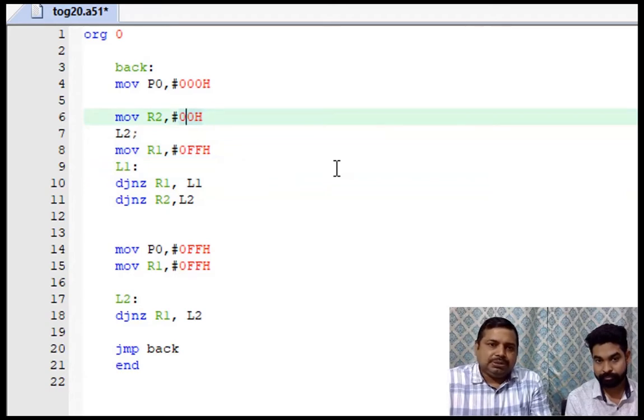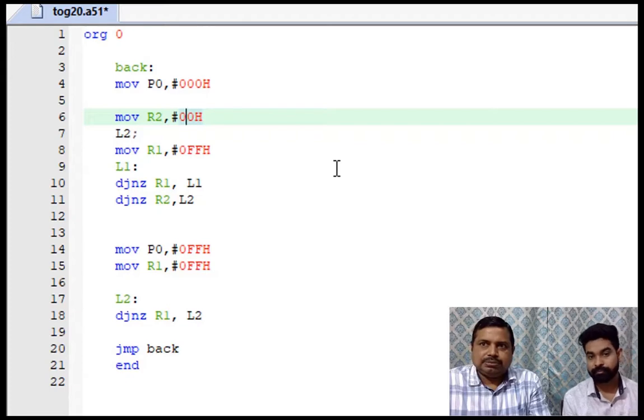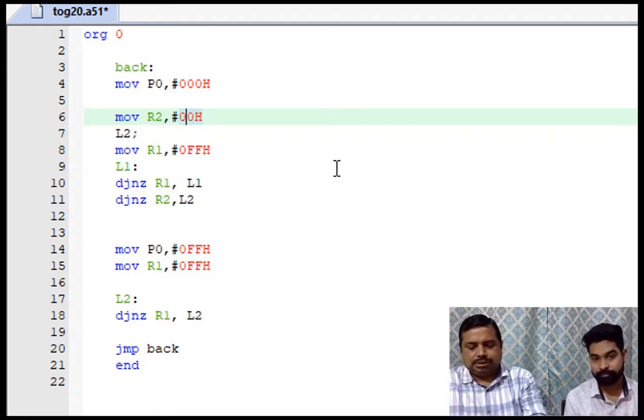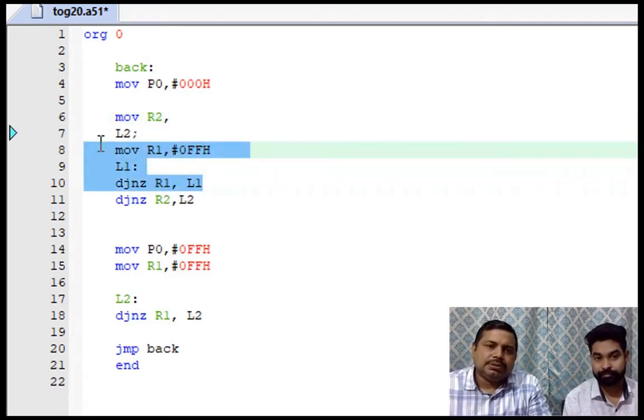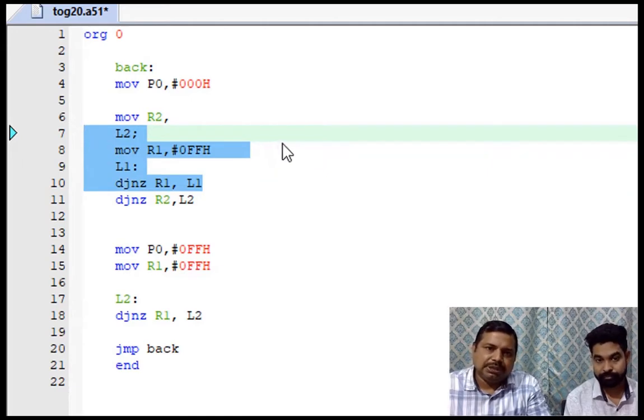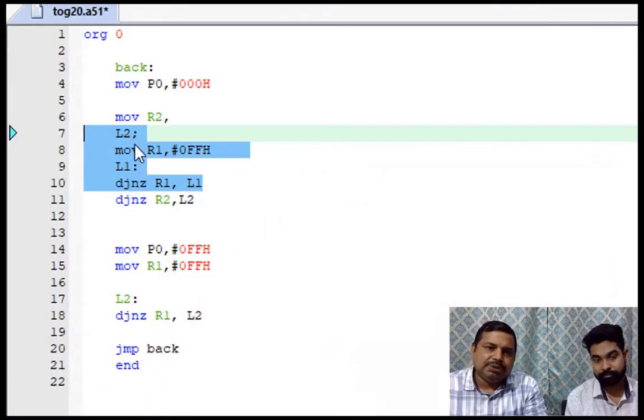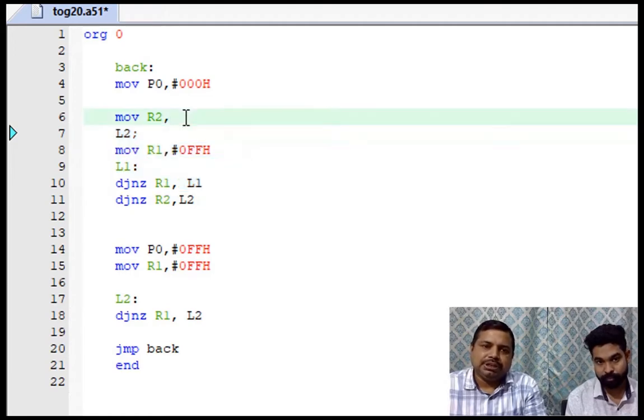So we can run maybe 40 times, right? This one is giving us approximately 500 microsecond, as we had seen here. So when we run 2 times, it will give 1 millisecond, and if you want 20 milliseconds, then we have to run around 40 times.